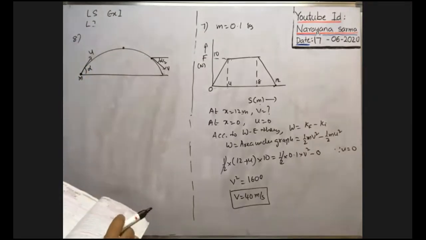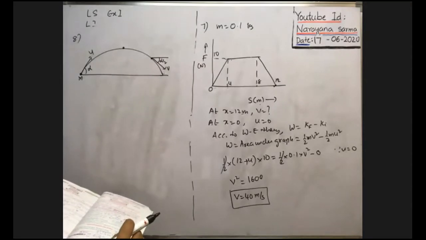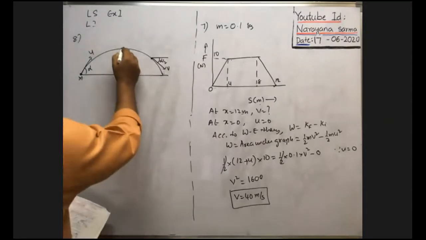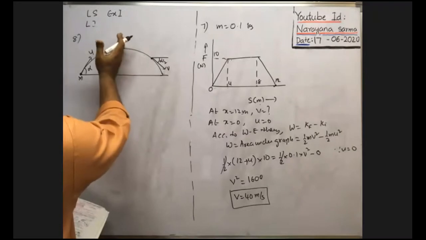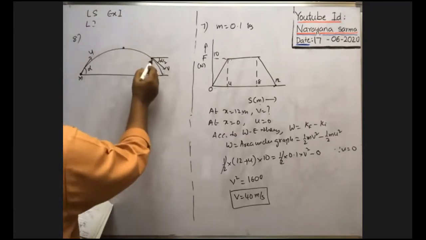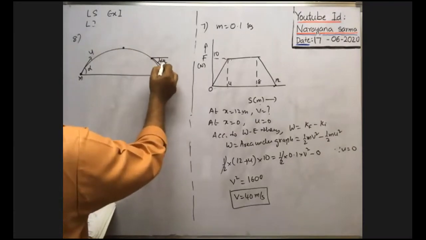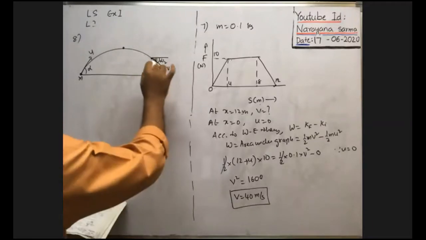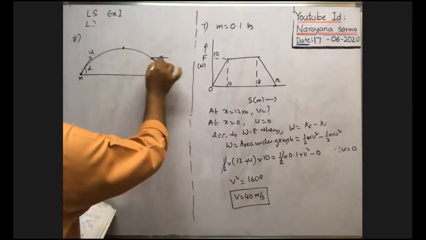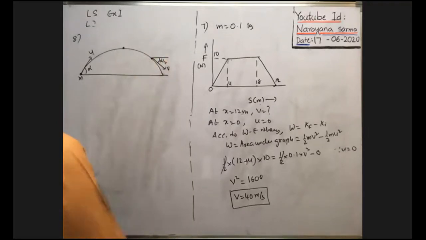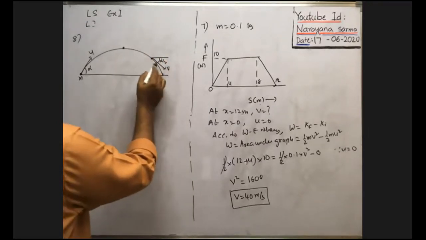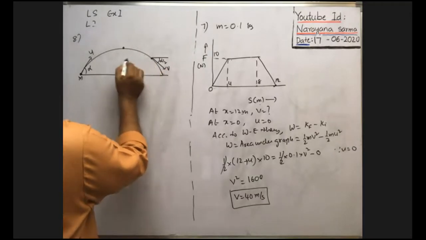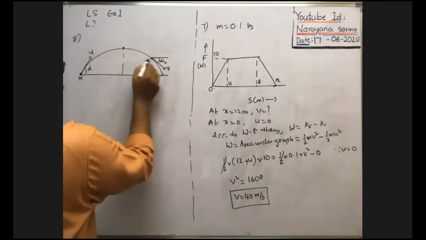Okay, now work done by the gravity during its descent from the highest point. From the highest point during its descent means while coming down. Whenever its direction of motion makes an angle alpha by 2 with the horizontal, what is the work done? Whenever its velocity vector makes an angle alpha by 2 with the horizontal, at that time, the body comes through